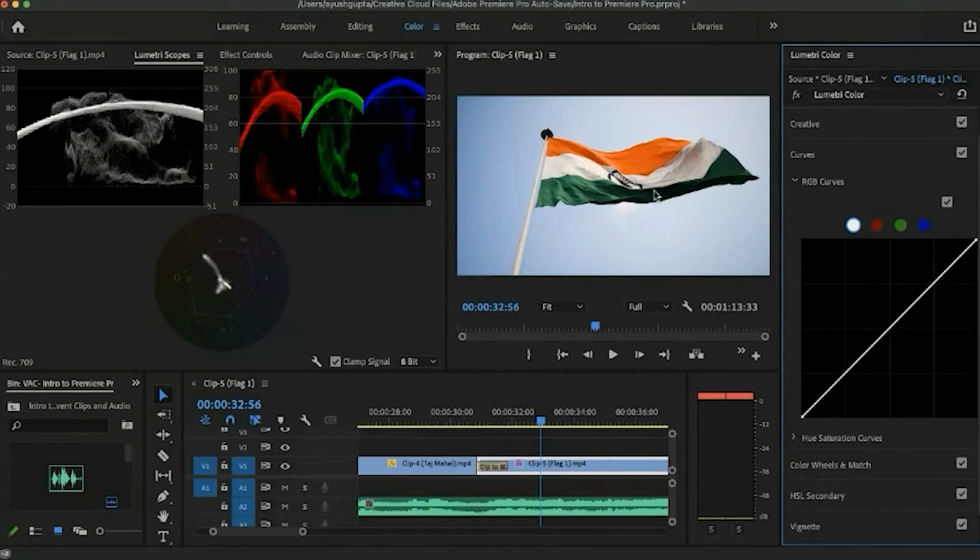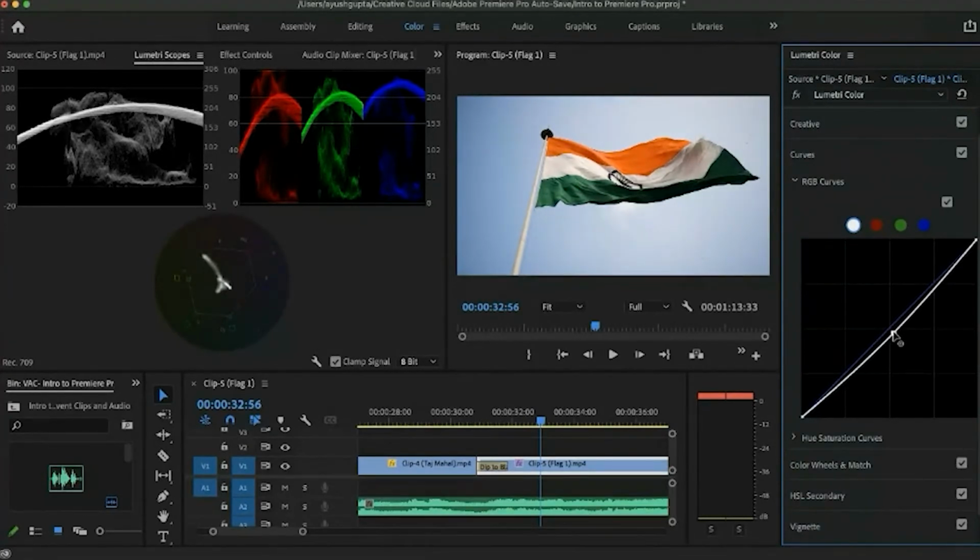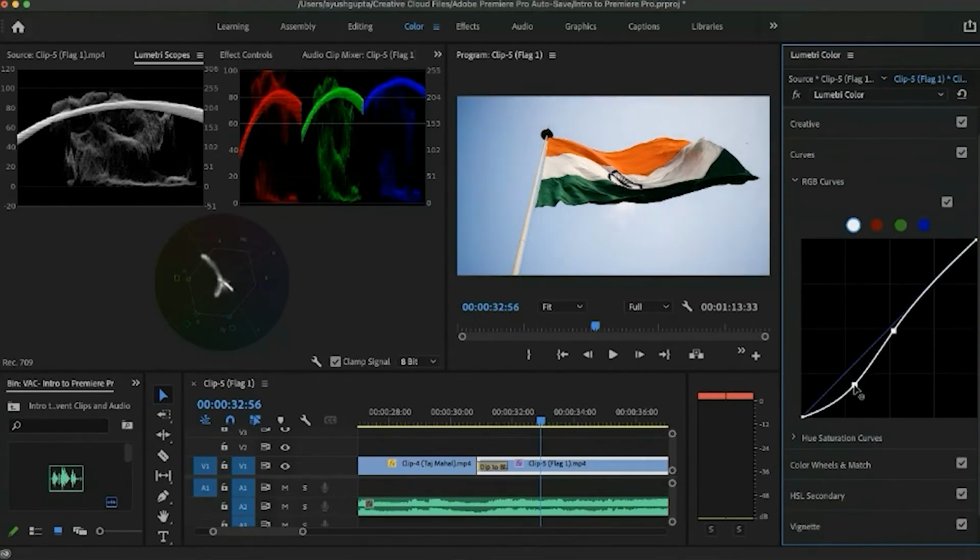We see that the image is a bit bright, so we have to drag the midtones a bit down. You have to decrease the intensity of the midtones. So with this graph, we move it a bit in the negative direction. And for the undertones too, we click between the midtone and the darkest part, and we move it a bit down too.